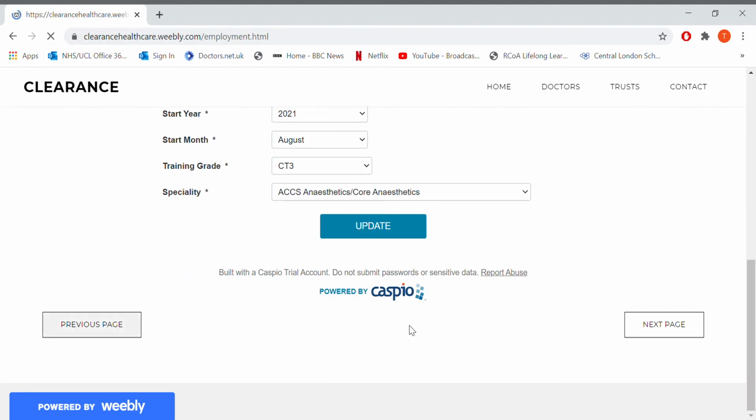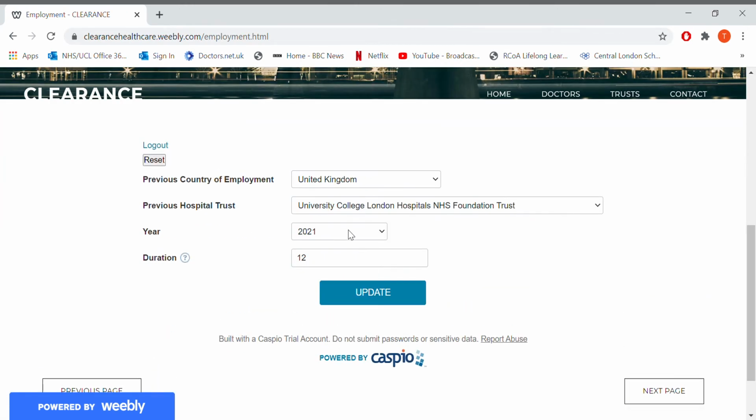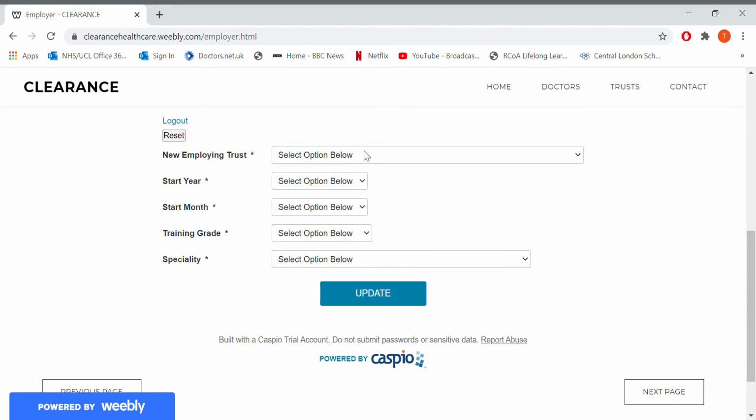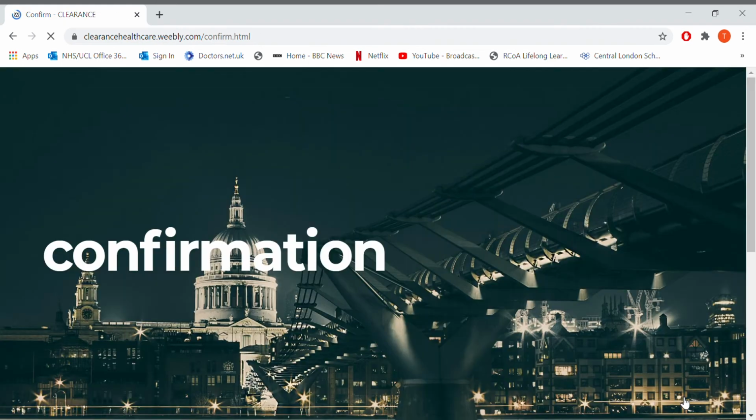So if I just go back to that previous page, I would change that to 2020. That's when I started my last job. If we click update, then actually what you'll see is